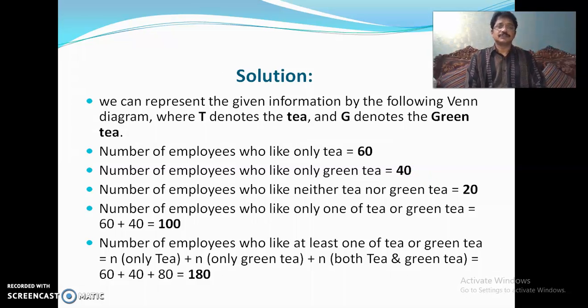The number of employees who like only one of tea or green tea is 60 plus 40, which is 100. Clear? So the number of employees who like at least one of tea or green tea is simply T plus G plus n of T intersection G. Clear? So this one we can represent. So 60 who like tea, who like green tea,